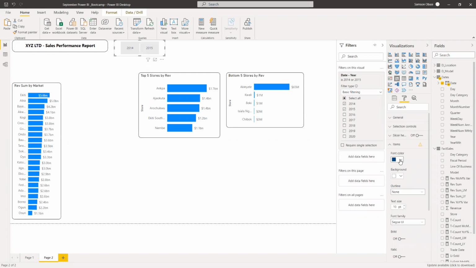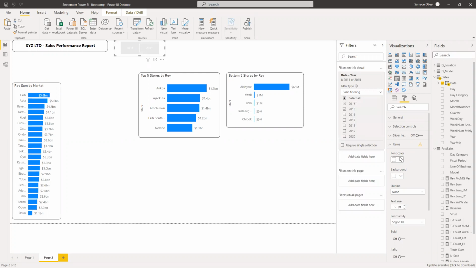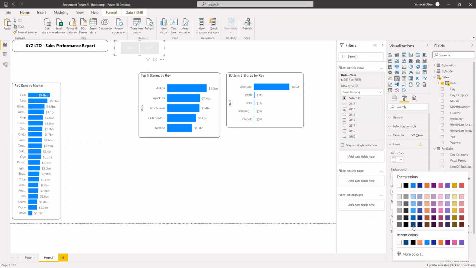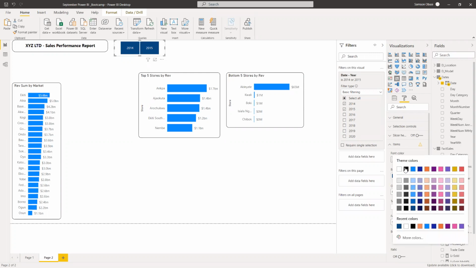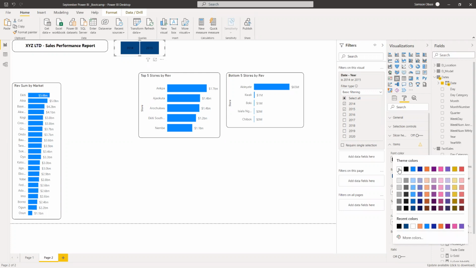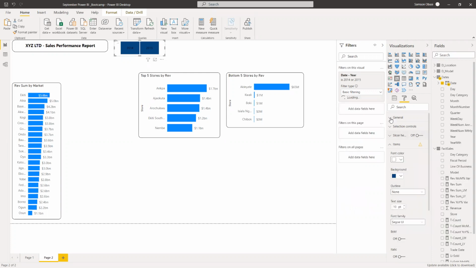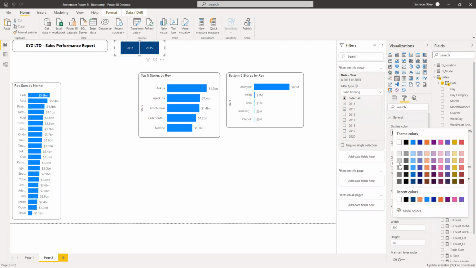Okay, so that isn't giving us what we need, this font color. And let's change the background to blue and see. You need to change the background. Okay, fine. This is what we got, right? So let's say we need to change this to black. Let's see. No, that isn't looking nice. So let's change this to white again and go back to our general and change this to